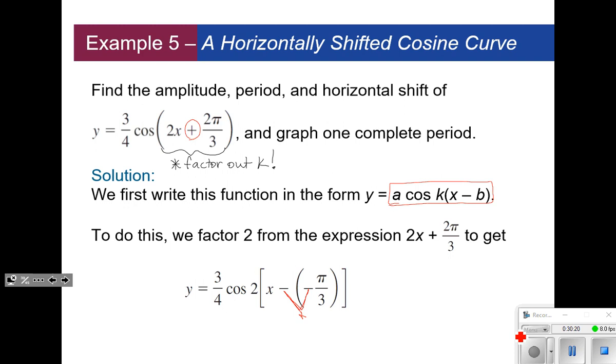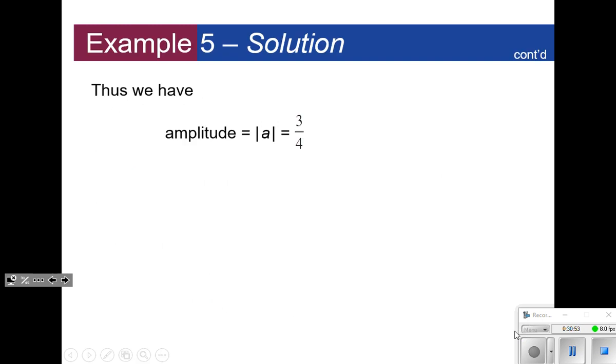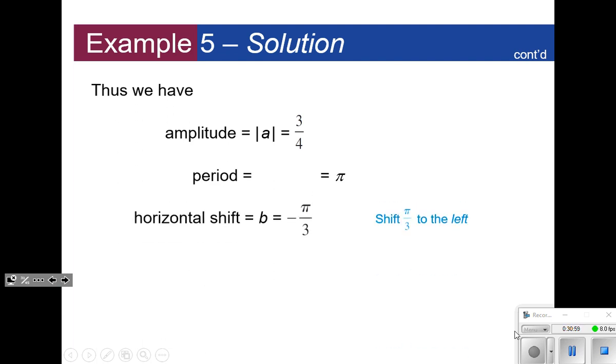Again, this is my amplitude. Amplitude is 3/4. This is my k, so my period, 2 pi divided by 2, is just pi. And then this phase shift, or horizontal shift, is negative pi over 3, which means it's left, right? That's what all those are telling me. I'm not sure where the missing thing is here on the period, but